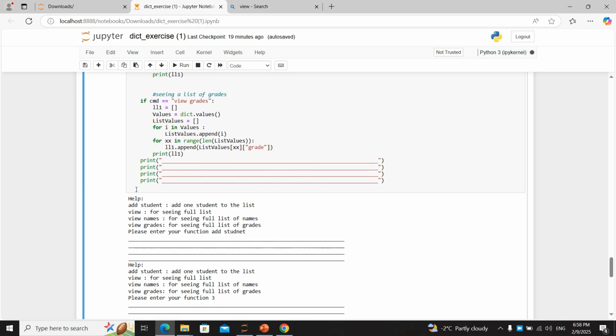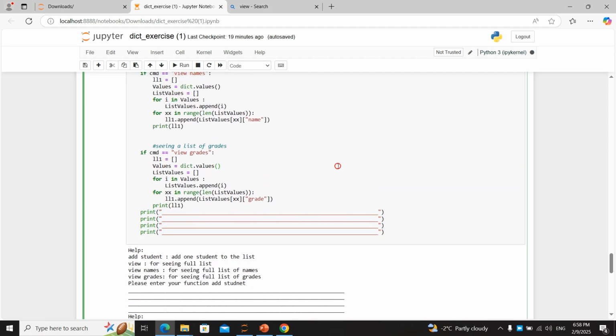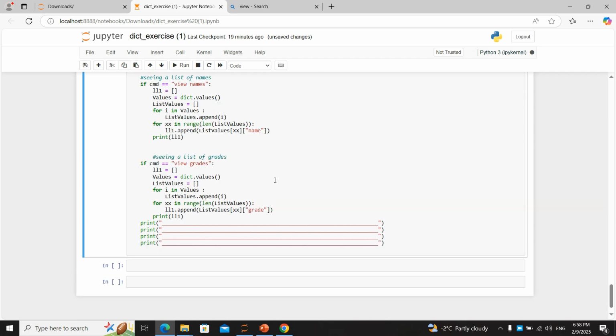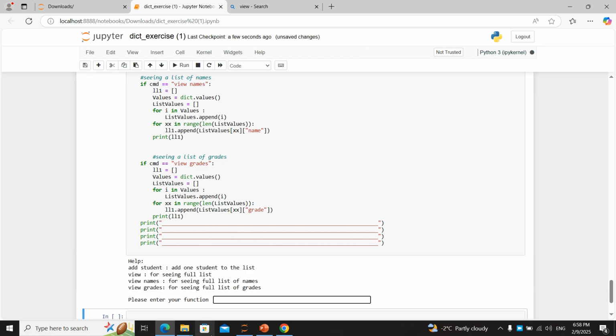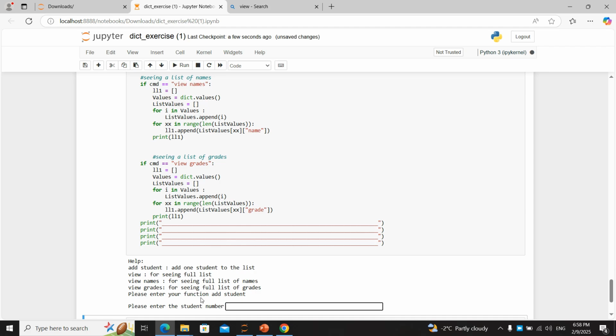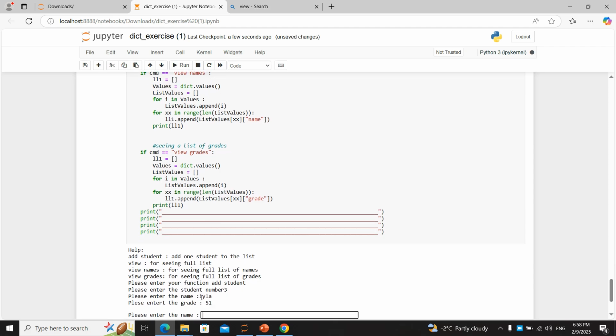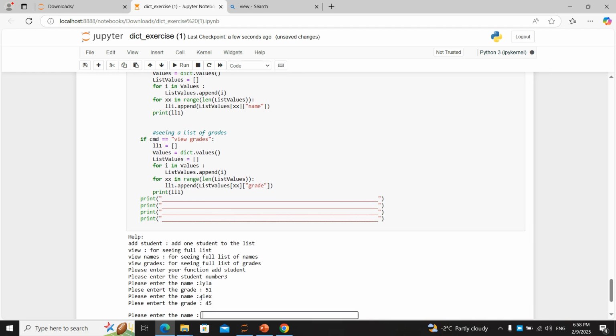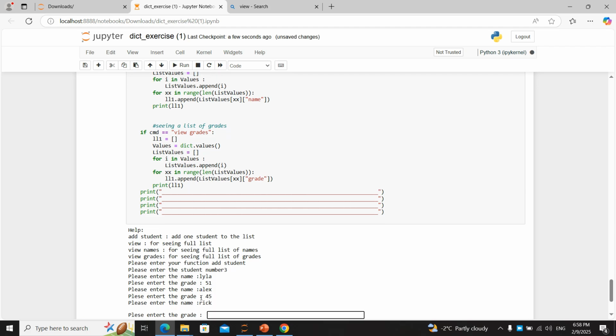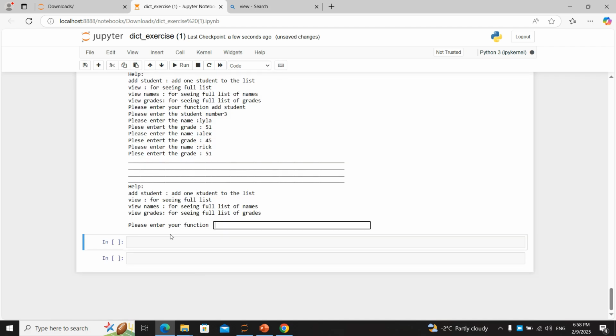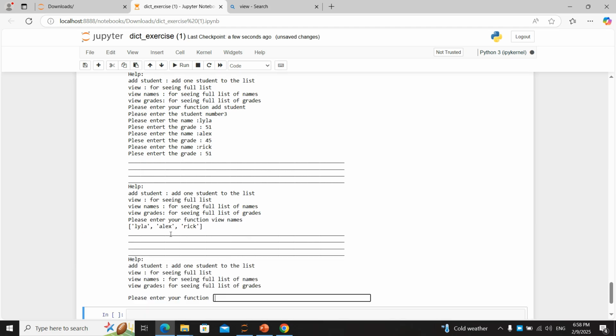What I added to the code are these 4 lines. Why did I add them? Because each time we run the code, for example, let's save it. Each time I run the code and, for example, add a student, 3 Layla 51, for example Alex 45, Rick 51, and then when we want, for example, to view names, in the past the